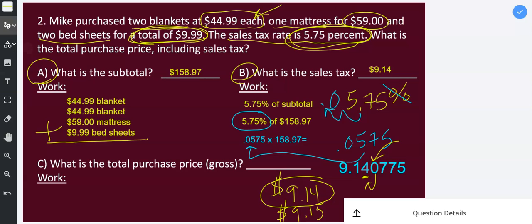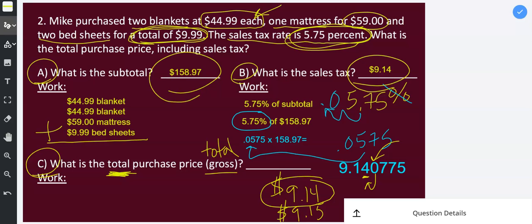That brings us to part C. What is the total purchase price? And I wanted to throw in here the word gross because sometimes they'll say, what is the gross amount? The word gross just means total. So basically, it means the same thing as what we're saying here. It's the total purchase price. So they're wanting us to combine the subtotal and the tax to figure out how much we're going to pay in all. So down here for my work, what I'll have is the $158.97, the subtotal, plus I'm going to add to that the